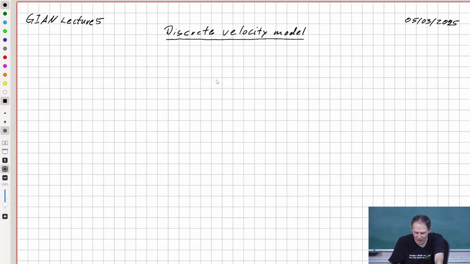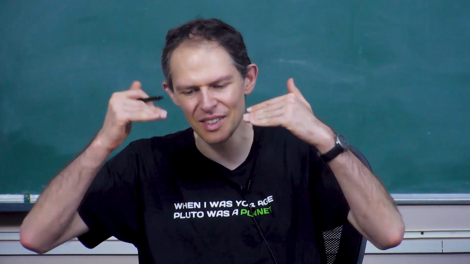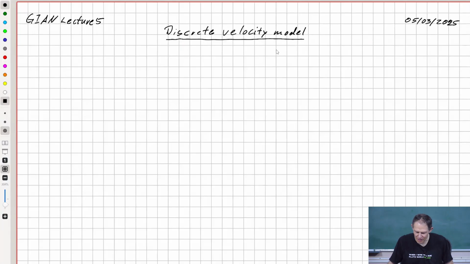Welcome to this fifth lecture, a fifth GIAN lecture in high fidelity lattice Boltzmann methods. Today we're actually coming to the lattice Boltzmann method, or slowly the first step in this by using the discrete velocity model. So, and for this we have to recap a few things from yesterday, because as I said in